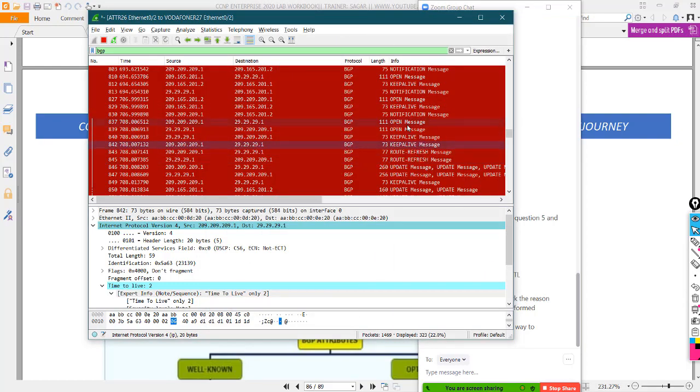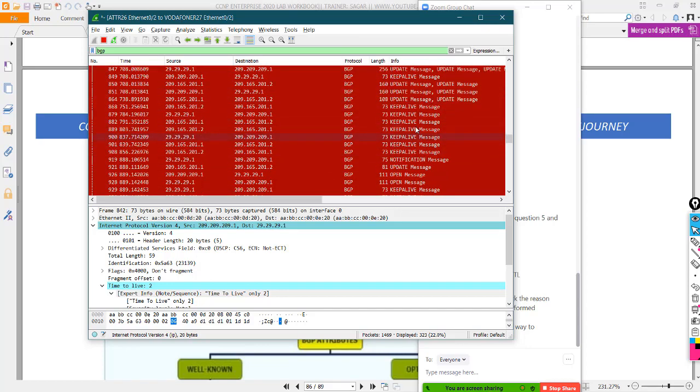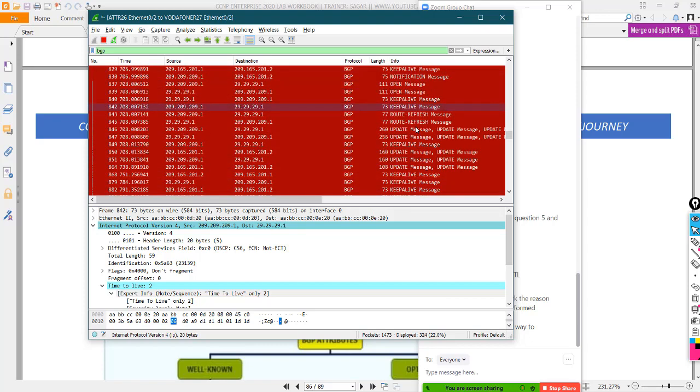So you see on the other side you have all the packet details. You see here it's a route refresh. Till here it was between the loopback and the physical IP. As soon as you configured the update source, it refreshed. The route refresh message was sent saying that there is an update. You can see here the update message, and that's how they started forming neighbors between the two loopbacks now.